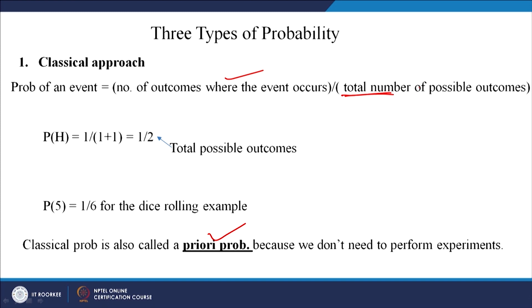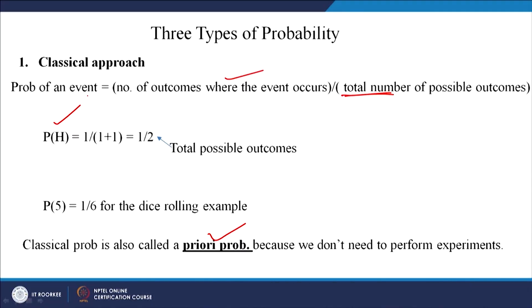So, let us say if you toss a fair coin, so the possible outcomes are only 2, right, and the probability of heads is 1 by 2, right, or the probability of tails is again 1 by 2, is not it. Let us say if you throw a die, then what is the probability that 5 dots would appear on surface? So, it would be just 1 by 6, or P4, what it would be again 1 by 6, is not it. So, this is known as classical probability, the number of outcomes to the total number of possible outcomes.